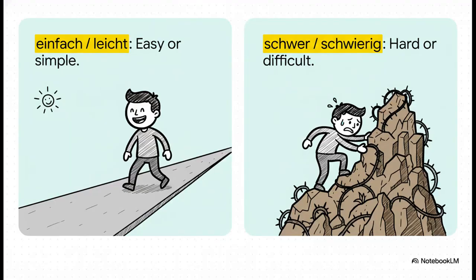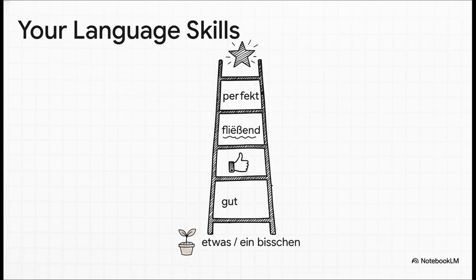So this is a spot where people sometimes get a little tripped up. If you want to say something is easy, you've got two great options. Einfach, which is kind of like simple, and leicht, which is more like easy. On the flip side, for hard or difficult, you've got schwer and schwierig. Honestly, those last two are pretty much interchangeable, but knowing these is huge for describing what you find easy or challenging. Imagine someone asks about your Sprachkenntnisse. Sprachkenntnisse. That just means your language skills.